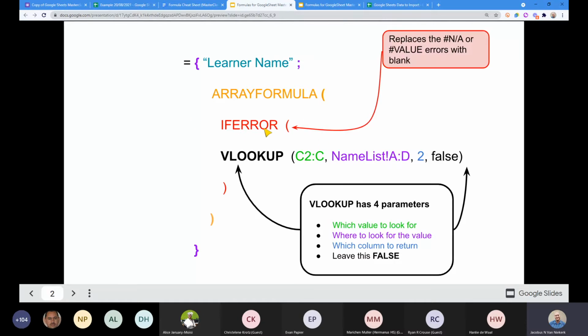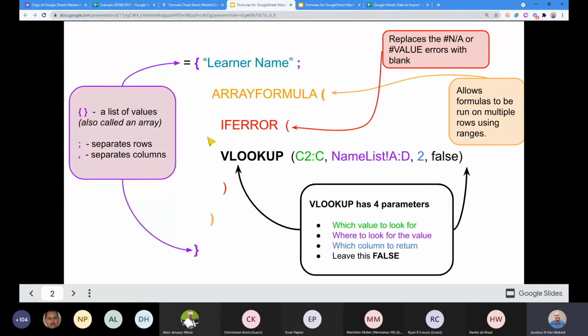So this little IFERROR, all that I do is wrap the VLOOKUP in an IFERROR function, because I don't want lots of #N/A or #VALUE or whatever the error might be returned if it can't find something. If it doesn't find something, it needs to be blank, for the simple reason that if my range is long and there's nothing there, I don't want it to show anything. That's why I've got my IFERROR formula, and the rest of it is the normal array formula and the normal header formula that we used.